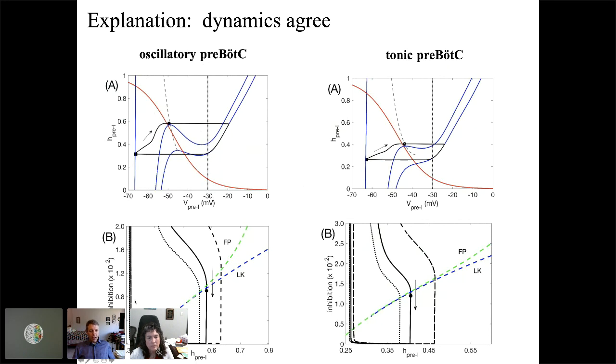Okay, and so we can plot the level of inhibition versus the H variable, right, the slow variable of these neurons. And we have this curve of fixed points that I mentioned, the curve of knees, and then we're going to get a jump up when we cross the curve of knees. Okay, and forget about the dashed curves, but the solid curve shows that as inhibition wears off, because of the adaptation of the post-I neurons, which are inhibiting these guys, eventually these neurons are able to cross the curve of knees and jump up to the active phase.